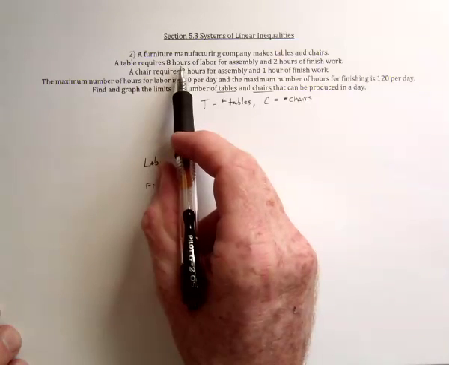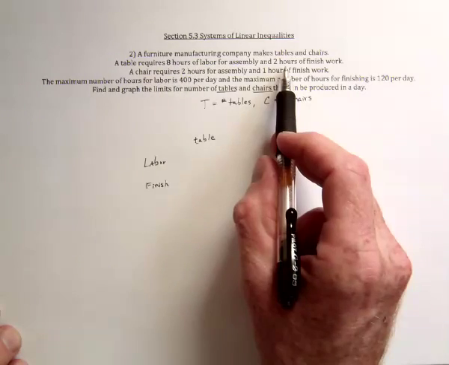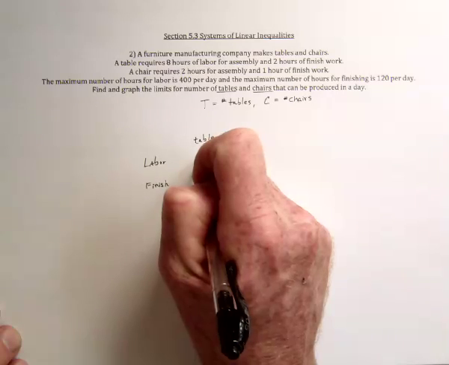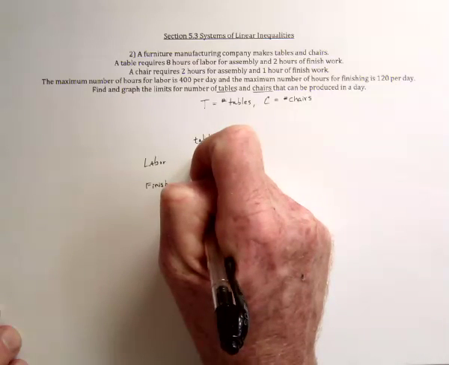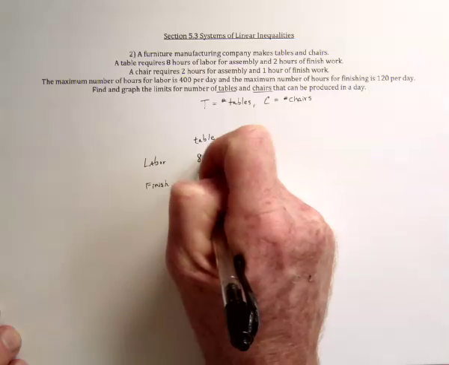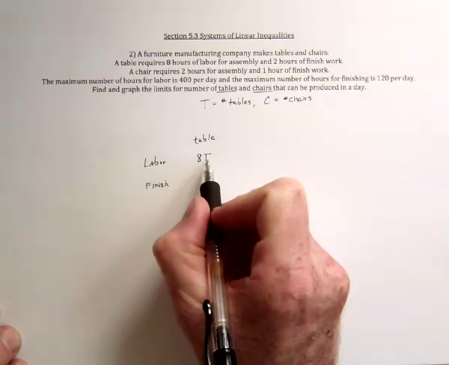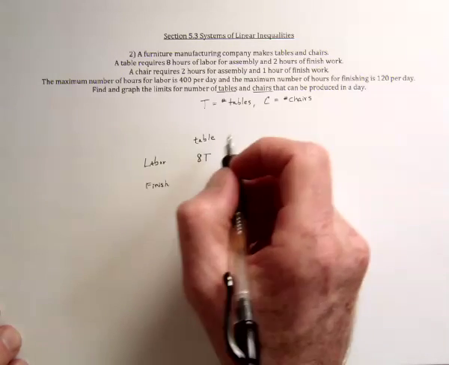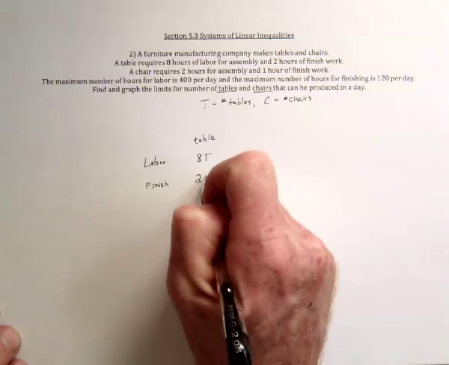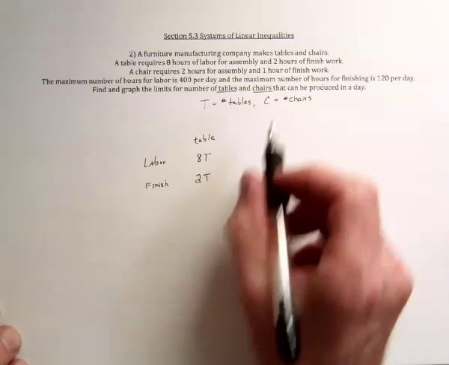And so the labor is 8 hours, the finish work is 2 hours. So for a table, that's for each table. So in total we would have 8 hours per table in labor and 2 hours per table in finish work